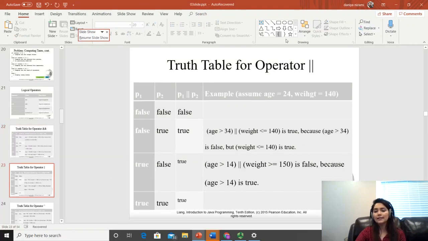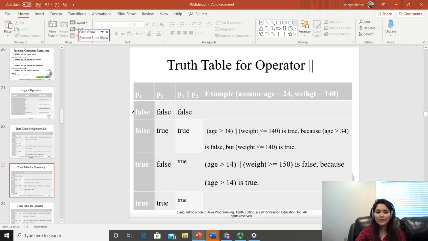OR operator, this is how you represent the OR operator in programming. It's just like the English word or. And this is totally opposite of your AND operator. So both of these operators go along in opposite situations. In the AND operator, both sides must be true for the answer to be true. With the OR operator, any side can be true for the answer to be true.